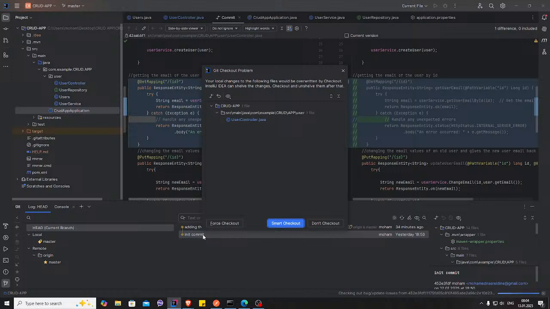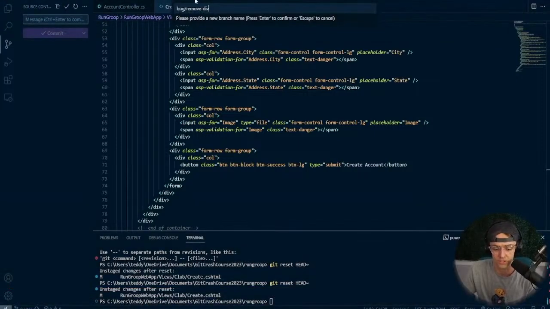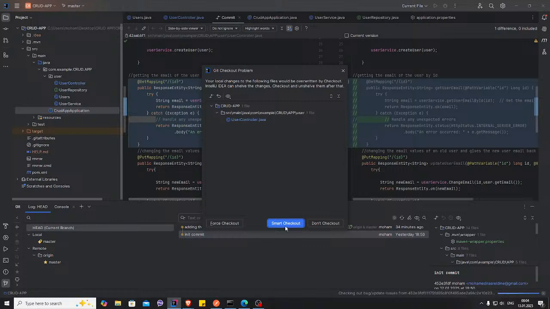Is it smarter to do it from here or not sure what the checkout part is? Removed it. And this is typically the structure that you're going to see in a production environment. If it's a feature, you'll see this. Usually it's just bugs and features. So we'll just go with a bug just like this. And we're going to go ahead and press enter. And what's going to happen is that Git is going to automatically